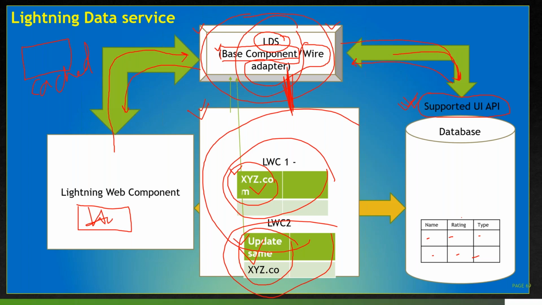LDS is stored on the client side, which improves the performance of the component, because instead of always accessing data from the server, for each call we check this cached memory, which is shared by all components on my page. It will take the data from there. If the data is not there, only then through LDS do I make a call to the database to get my data. Otherwise, I access the data from this shared, cached memory and show it here.